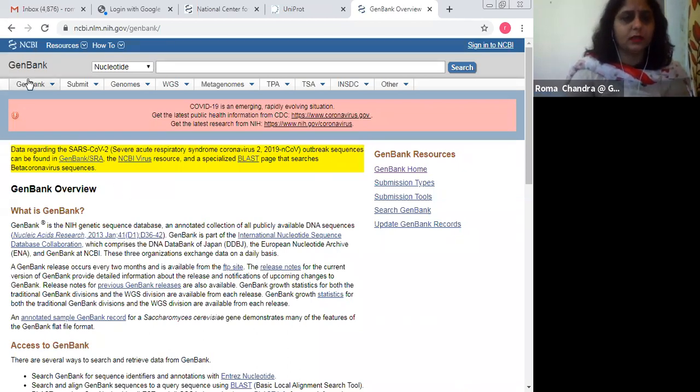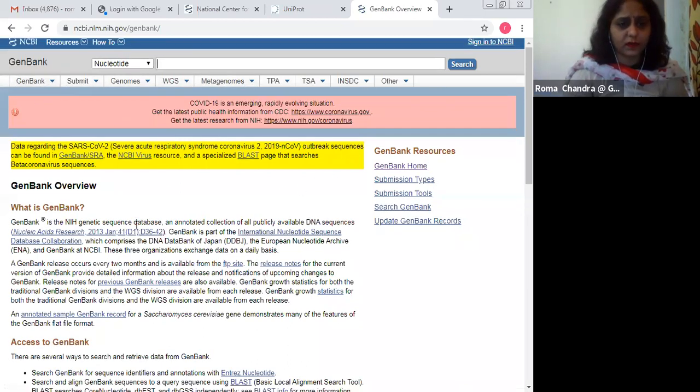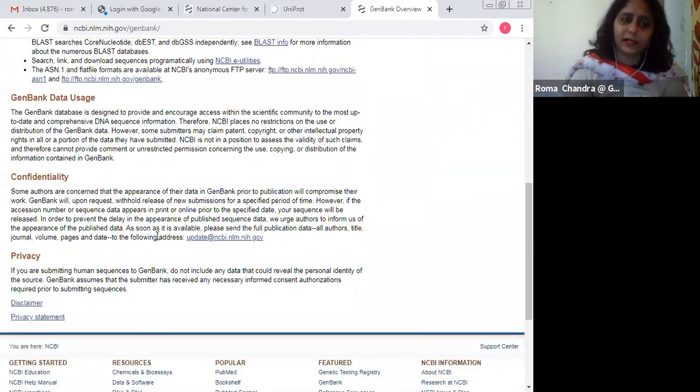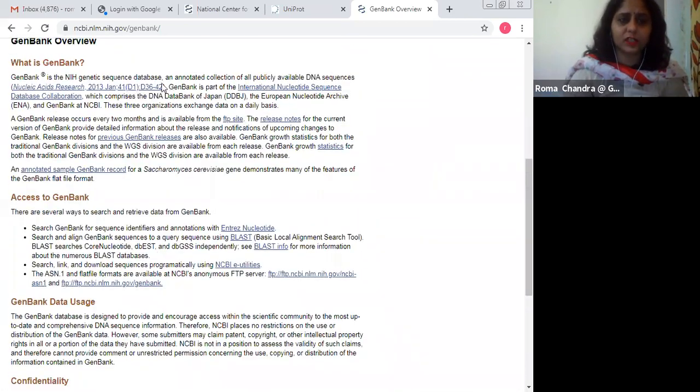Here again on GenBank, you can see the GenBank tab is here, the submit is here, genomes you can deal with, the whole genome sequence, the metagenomes. So all sorts of tabs are here. You can go through all of them and through the database again. This is the home page.